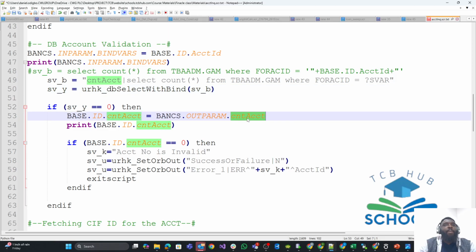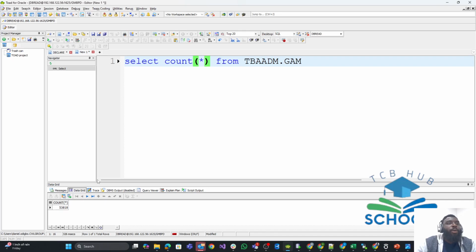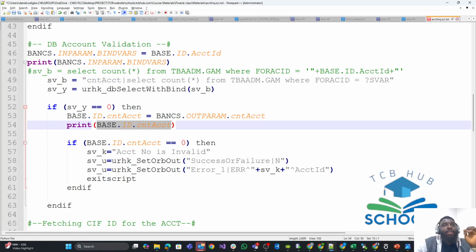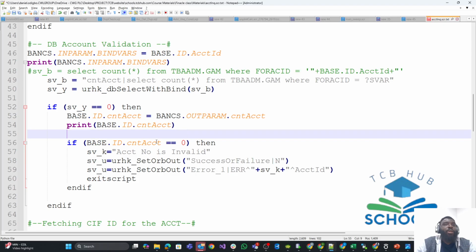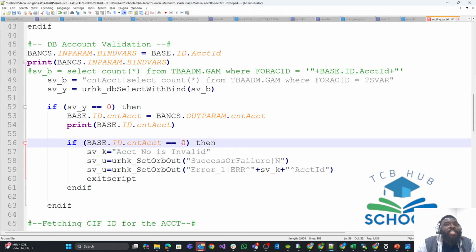Okay? So here I'm passing, remember I talked about the outParam class that holds the value that comes out. Just so you know, when I did this count, I had 53,000 or so, right? Now, if I do it for an account, the record will just come here in the account. In our own case, that number of that record will just show here. And if I print it, that same exact record I saw there is what I'm going to see here, okay? Then I'm doing a check here to say, if I run this query and it comes as 0,